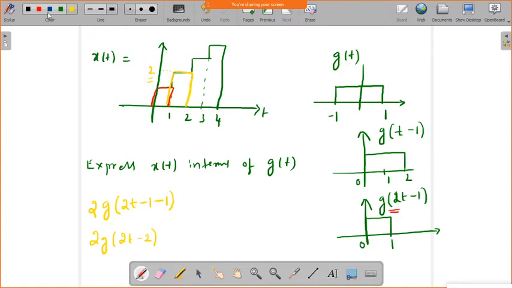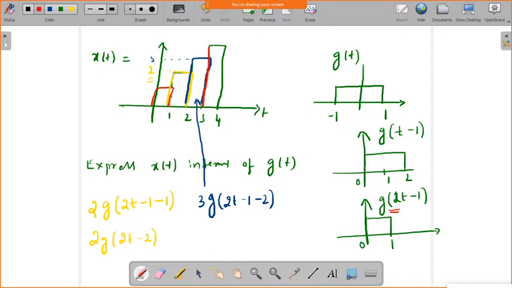So now if you come to the third portion, what will happen? In a similar way, this is amplitude 3. So what do we need to do for the third one? You need to shift the operation by 2 more units, right? Whatever g of 2t minus 1 is there, you have to shift by 2 more units. So what you will get? g of 2t minus 1 minus 2, and also the scaling factor, how much? It will be 3. Is it not? So this is the third portion.